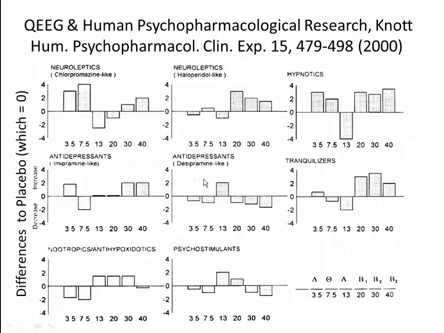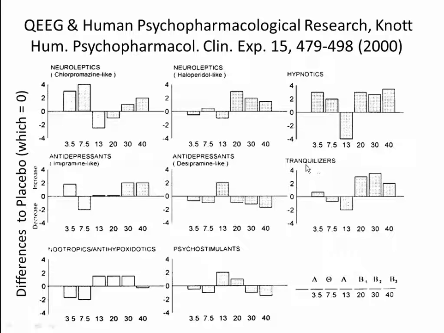The desipramine-like antidepressants are showing a decrease in delta and theta and an increase in alpha. In fact, alpha is the only thing that's increasing from this type of medication as far as the participants in this study are concerned, with decreases in the beta frequency as well. And here we have again what seems like a